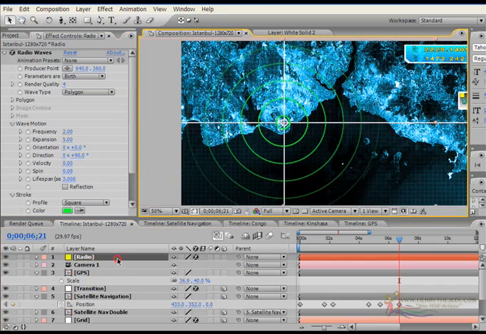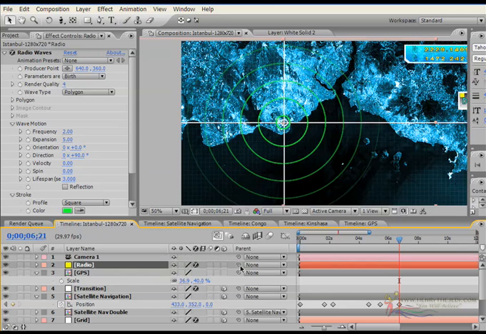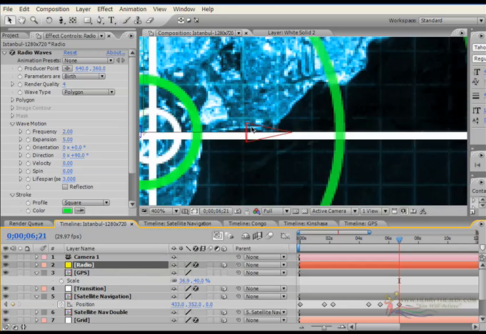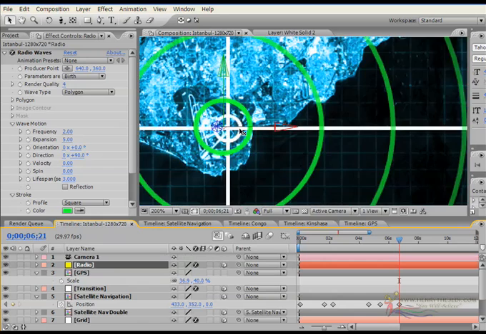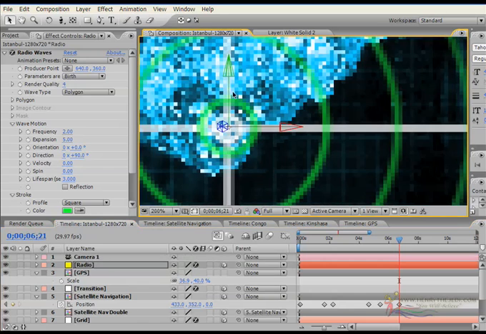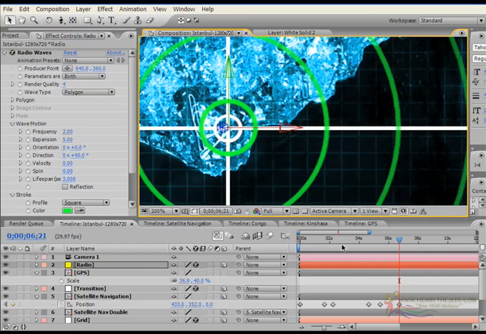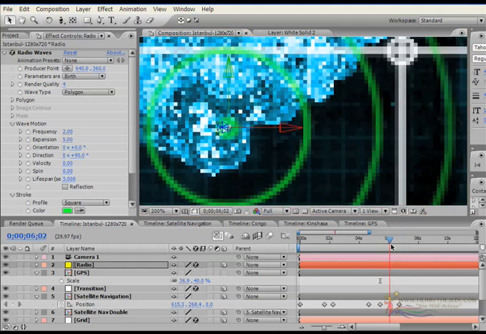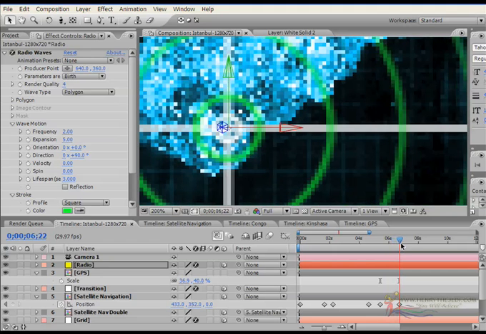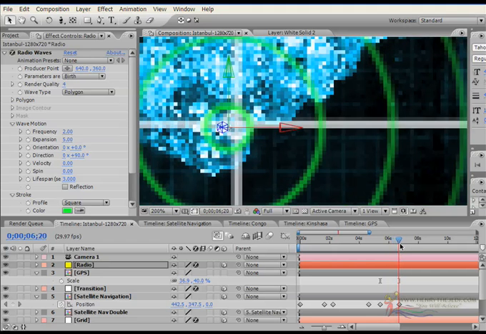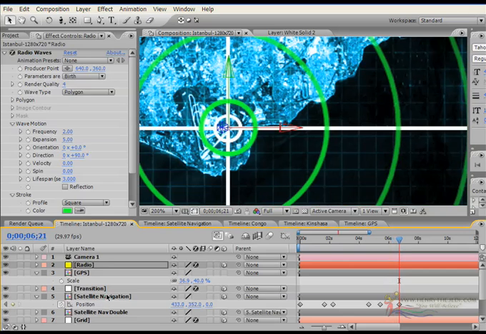Let's not forget to make him also a 3D layer. So let's position him exactly at the center, just where the beat will be emitted from. And he will have to start immediately after the position has been found, somewhere there where the satellite navigation